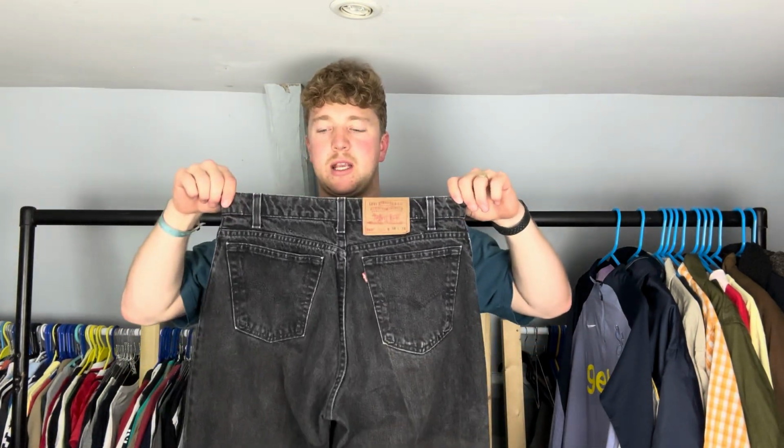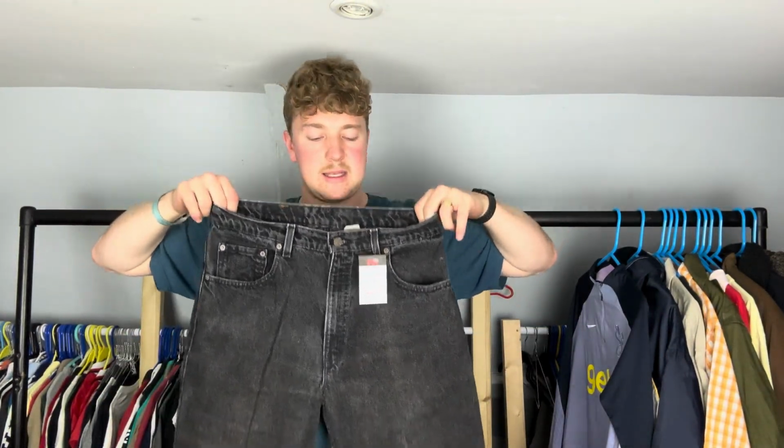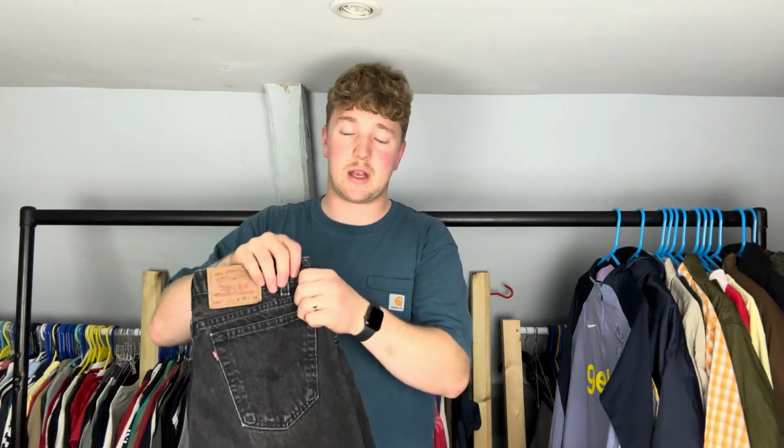Then we've got another pair of jeans. These are actually a charity shop find. I paid £8 for these, and they are Levi 560s, 34 by 34, and they are made in USA, which is the main reason why I bought them, because I don't usually buy Levi's unless they're vintage or they've got something about them, because a lot of cuts and colours, especially the modern stuff, can be quite hard to get